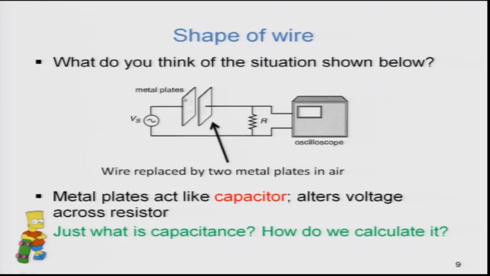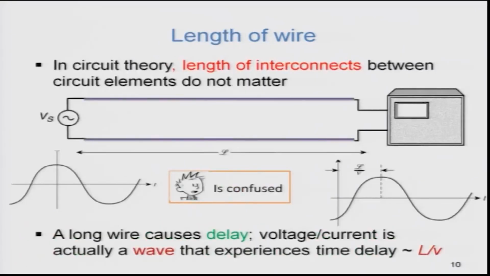Again my question is, how do we calculate capacitance? What happens if instead of taking a square metal plate, I replace them with circular metal plates? Would the capacitance change? Yes, the capacitance changes, but how do I calculate the capacitance, right? So how do I calculate all that? And finally coming down to the length of the wire,